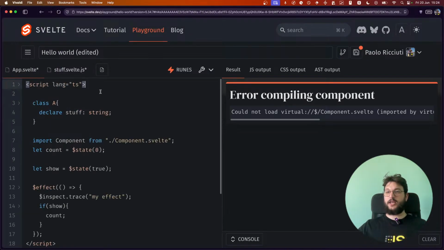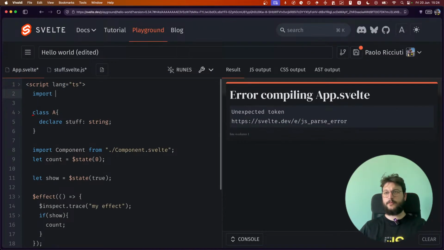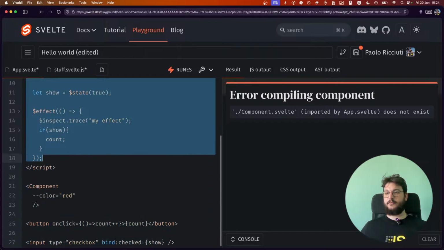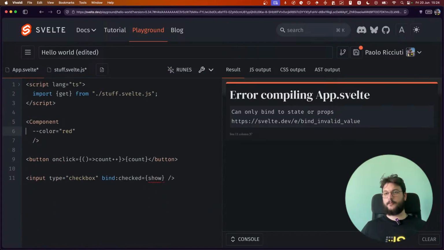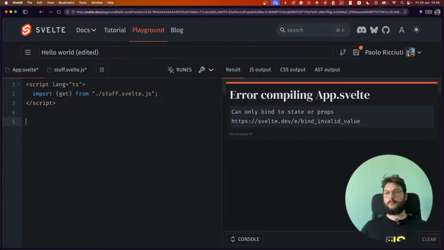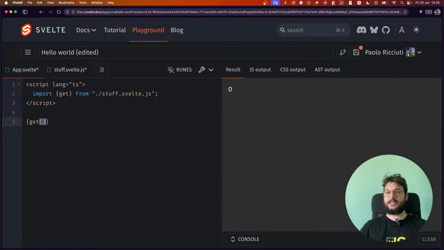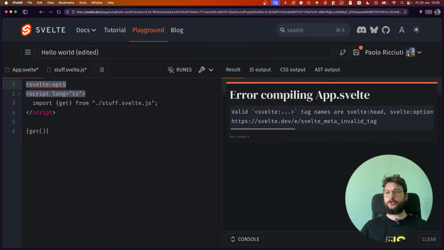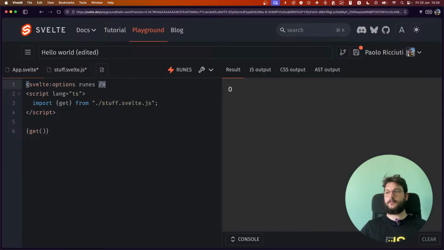Now, if we import get from stuff.svelte, and if I am in rune mode, if I try to do this get, with svelte options runes,